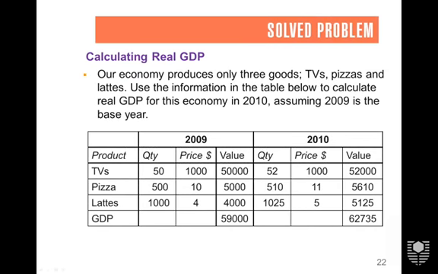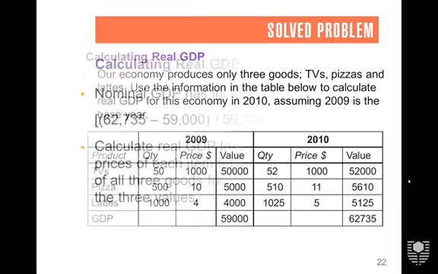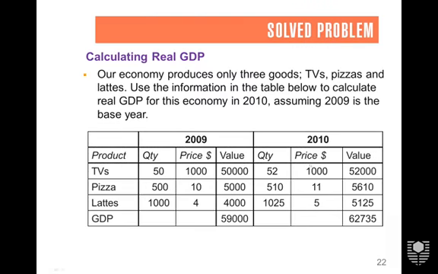Calculating real GDP, for example, we have 2 years, 2009 and 2010. So the nominal GDP in 2009 is 59,000, whereas the nominal GDP in 2010 is 62,735. So if I ask you to calculate the real GDP in 2010, all you need to do is take this quantity, but you will take the prices for 2009 as the base year, and you'll calculate these quantities with these prices and not these prices. So basically, you can calculate the real GDP by assuming 1 year. For example, here we are talking about 2009 as the base year. So you multiply this quantity with the prices in the base year,